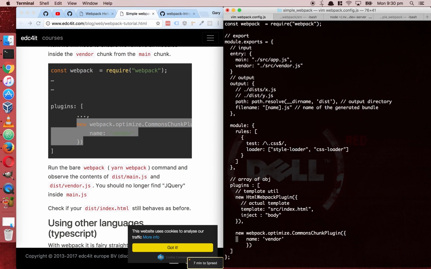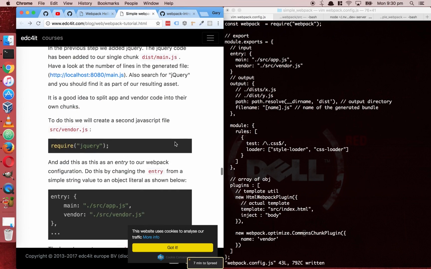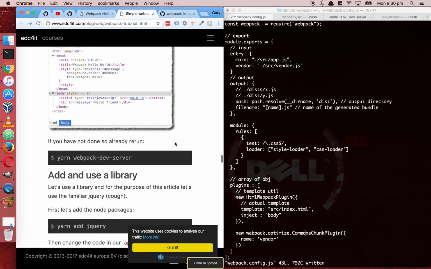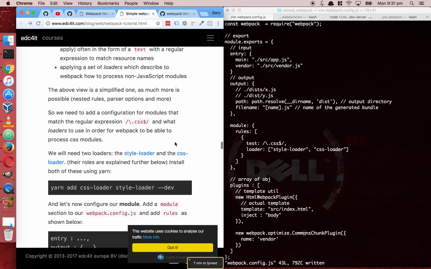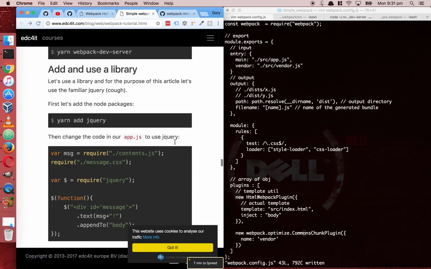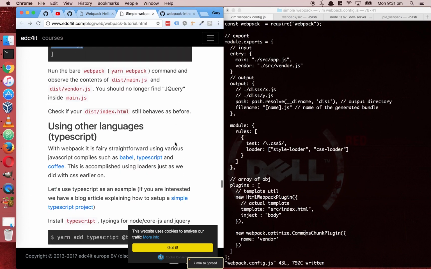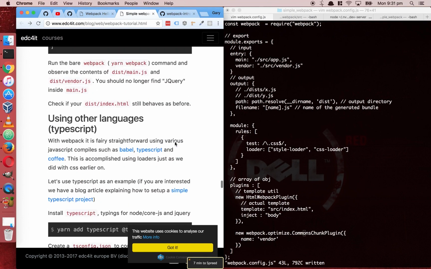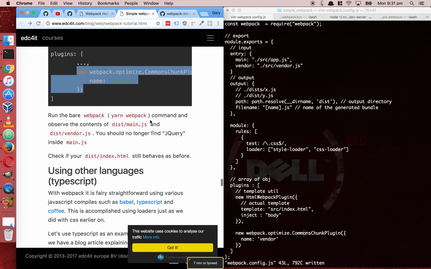So call it render. So it's CommonsChunkPlugin, and where we install it, it's just coming from webpack, and when the webpack command observes the content of